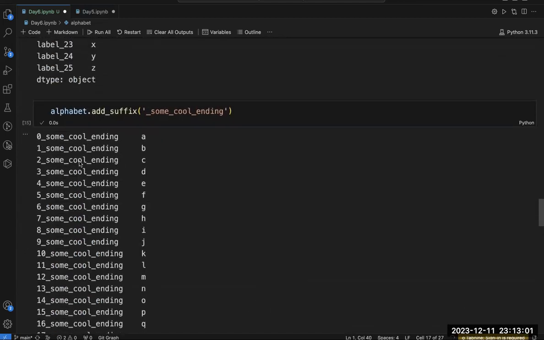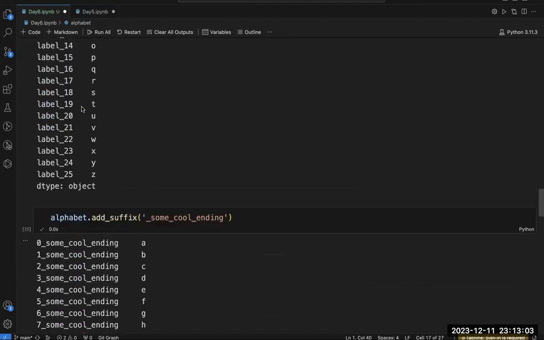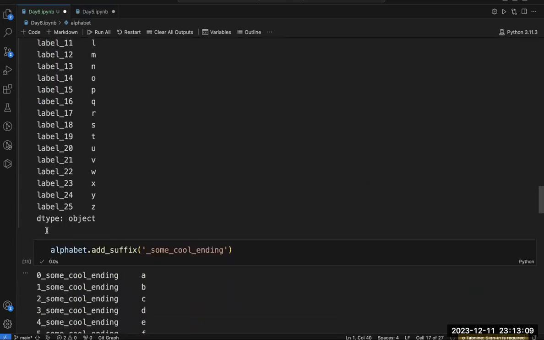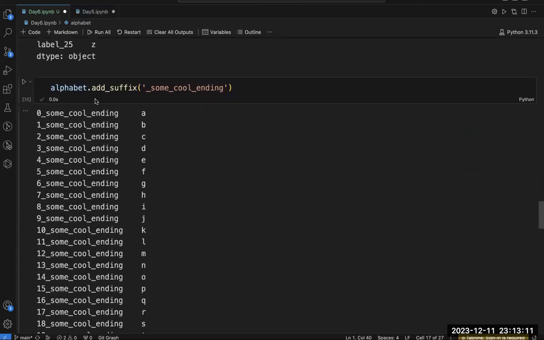When I ask this series to add a prefix, it adds the prefix and displays it to me. And here I am asking it to add a suffix, it adds the suffix and displays it. But what is my base series to which I am adding the prefix or suffix? Alphabet is my series.